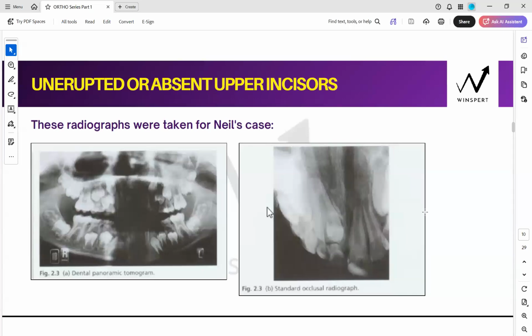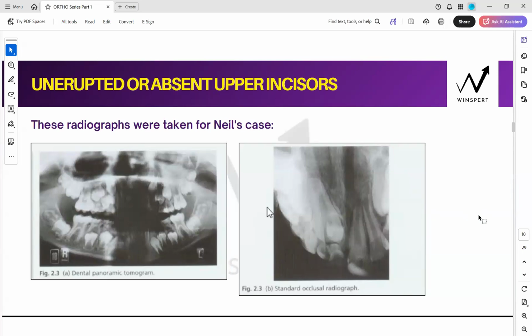Both methods work, whether it's an impacted canine or impacted central, orthodontic traction as well as surgical correction. Both are done. Before bringing your central into eruption, the midline correction has to be done, because if there is no space, you cannot bring it down to its position. So you have to recreate the space by slightly correcting the midline. So fixed appliance therapy would be required.